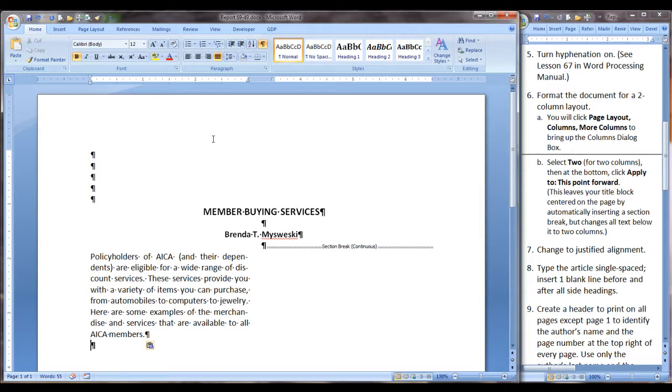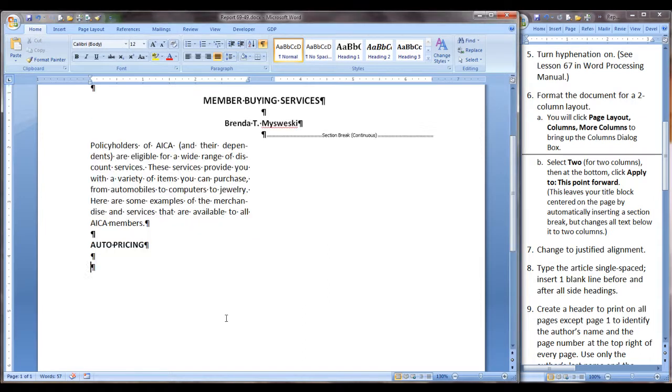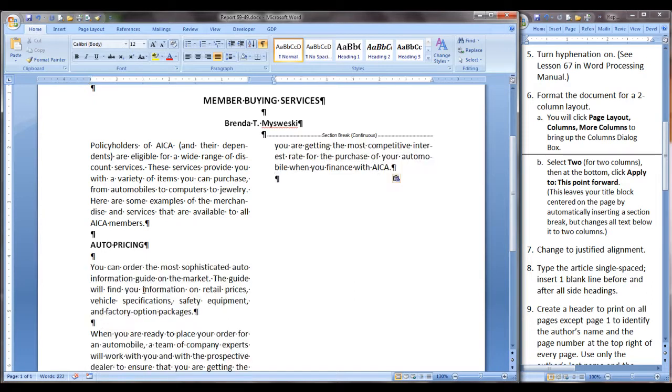So after the first paragraph, hit Enter twice, and then we'll be typing a side heading of auto pricing. These are in all caps, so I press my Caps Lock key, and in bold, Control B, turning off bold by pressing Control B, and hit Enter twice to insert that one blank line before and after all side headings. Now I'm going to paste all of the paragraphs in this section, and notice it is wrapped